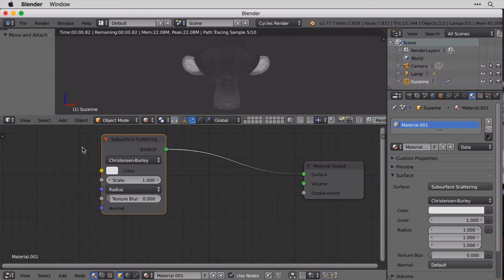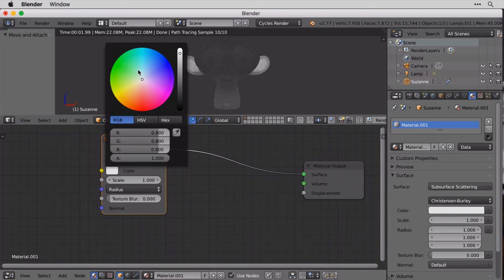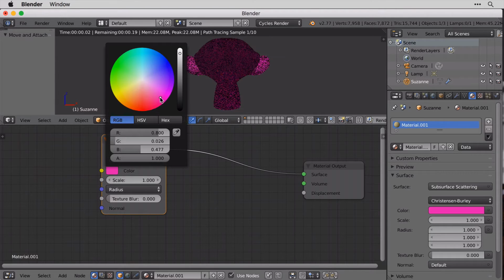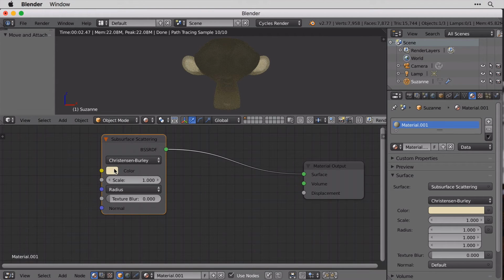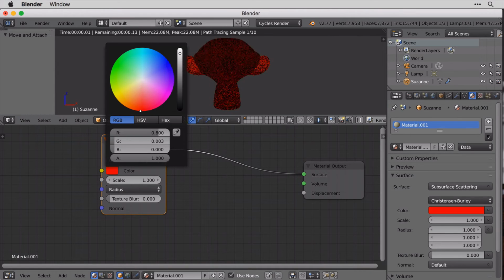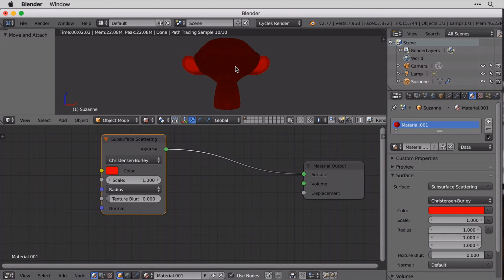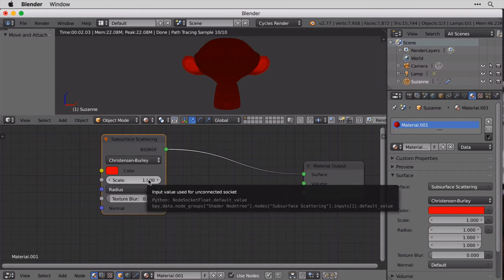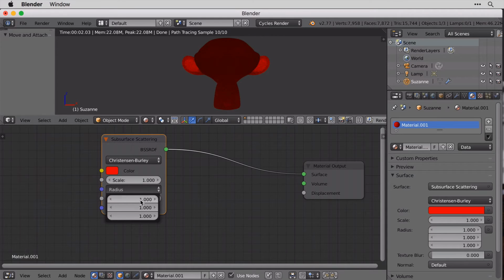The color, well, that's like your base color. And you can get a texture being plugged into here as well if you wanted to. So we set that to whatever color. That is like your base color for the model itself. So if I go ahead and make that slightly peachy, we can see it's that color. If we go and make that a deeper red, it turns red. The scale, we're going to come back to the scale, but it's basically a multiplier for these next three options